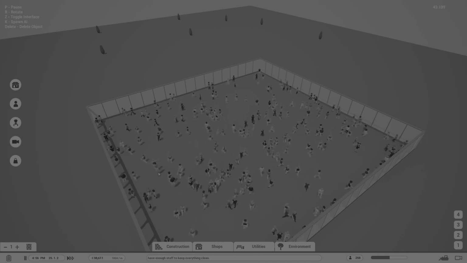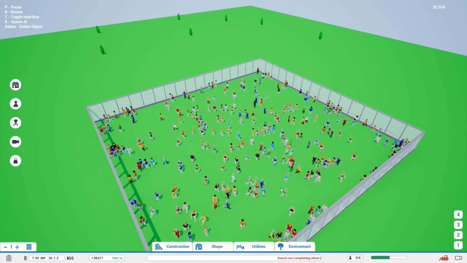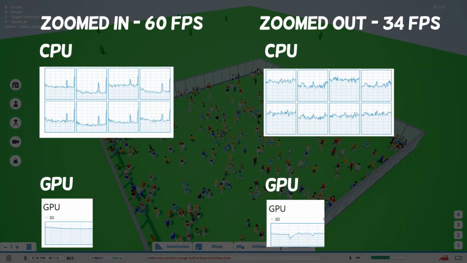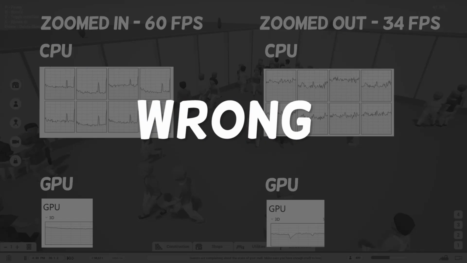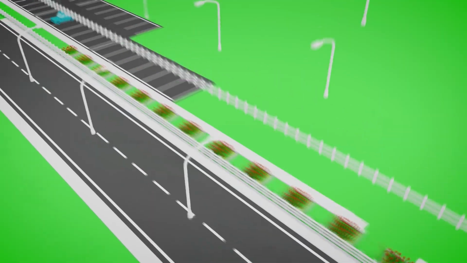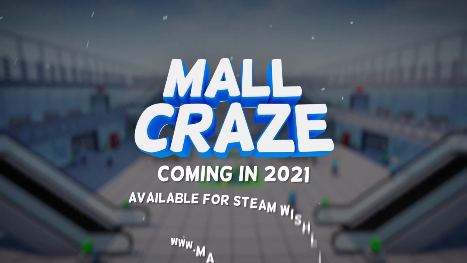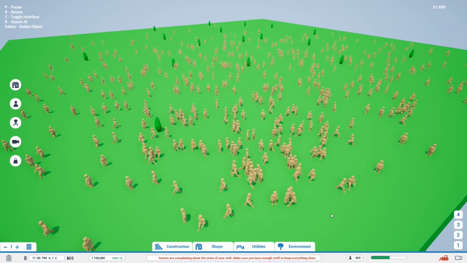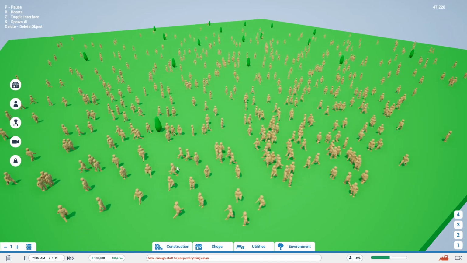So, do you remember how 2 weeks ago I told you this? At 400 customers, the game is running at mid-30s. In this case, the bottleneck is probably the CPU. It turns out I was wrong. Completely wrong. Hey everyone, that statement about the CPU bottleneck, it turns out I can actually push the numbers of customers